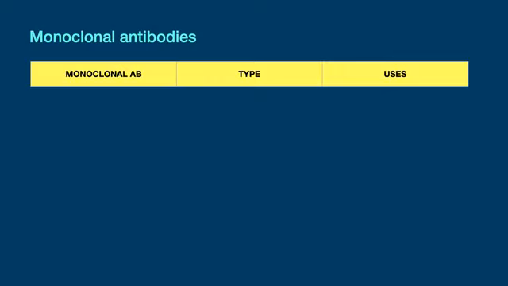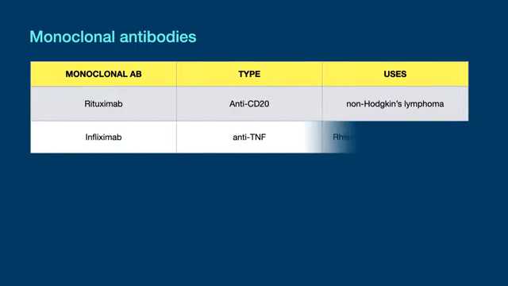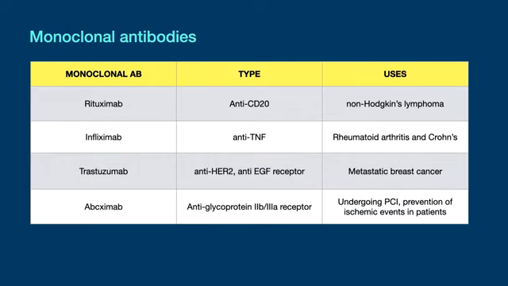Let's look at monoclonal antibodies. They are manufactured by a technique called somatic cell hybridization. This involves the fusion of myeloma cells with spleen cells from a mouse that has been immunized with the desired antigen. Monoclonal antibodies are also used for medical imaging when combined with